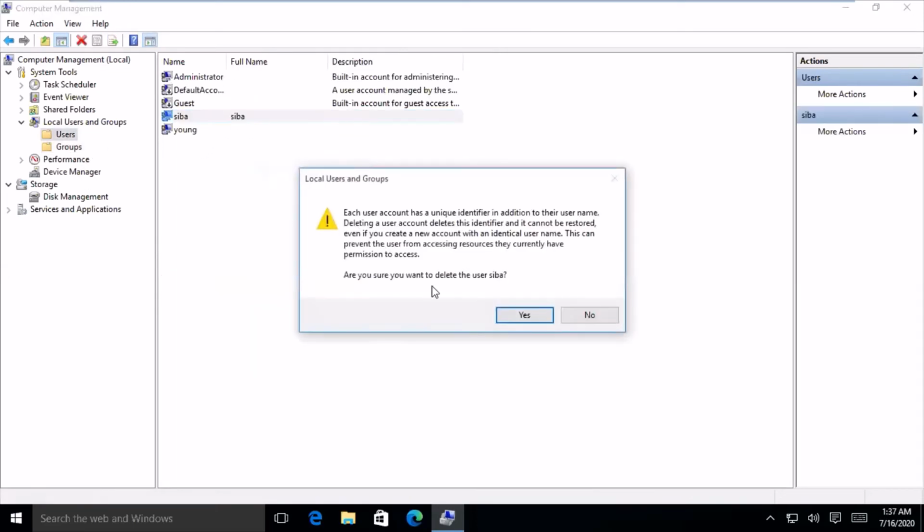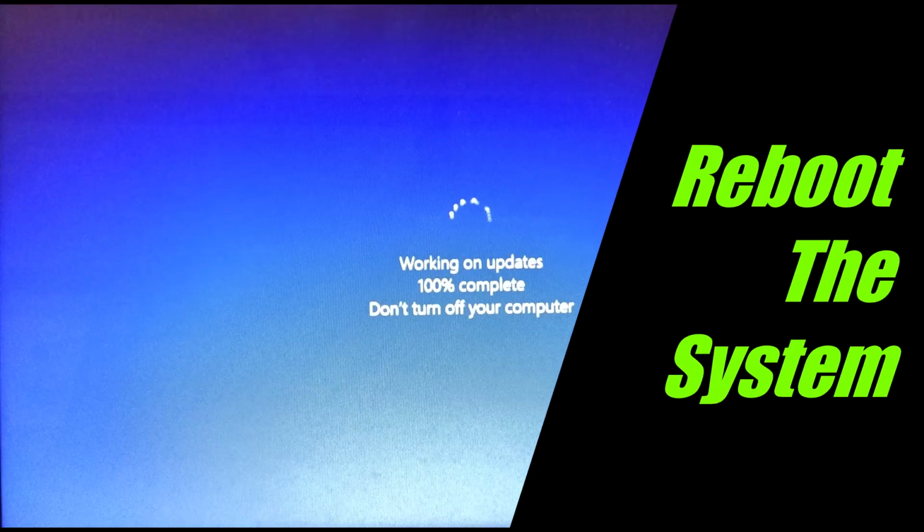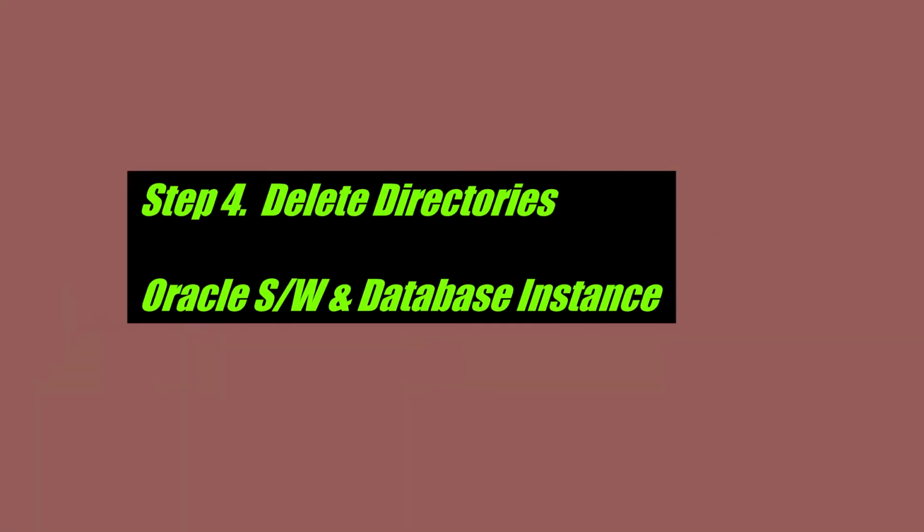Okay, now after deleting the groups, let's delete the user account as well. So this is done. Now actually we need a reboot. So let's reboot to release all the resources.